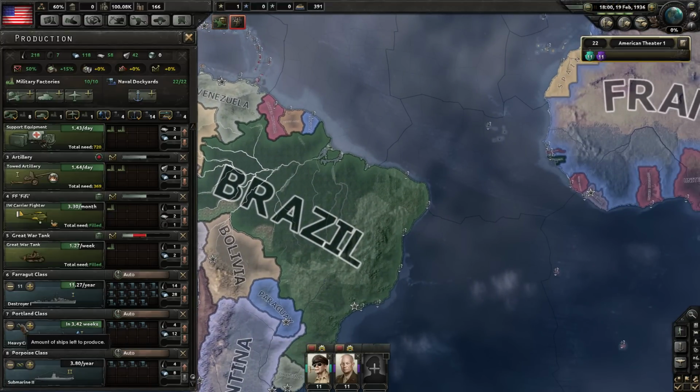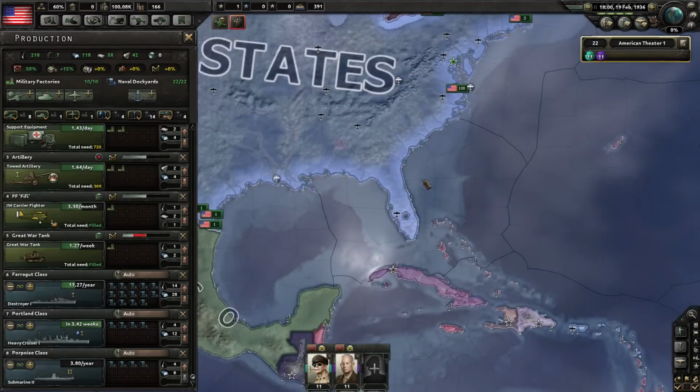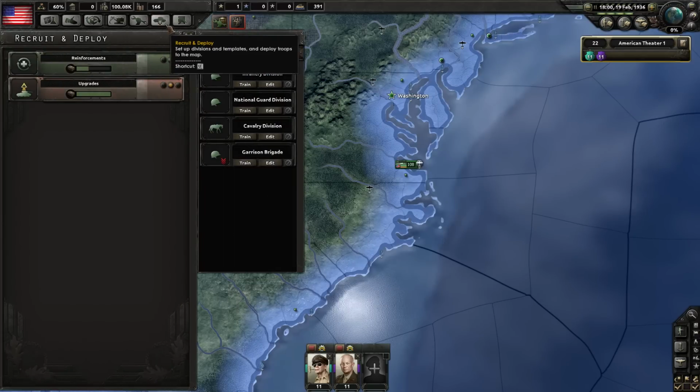Okay, so that's why it just stopped. So we need to put it on infinite so that it doesn't just stop producing. I don't know why you would stop producing. It's not like the dockyards are going anywhere. But since we have all of these things...